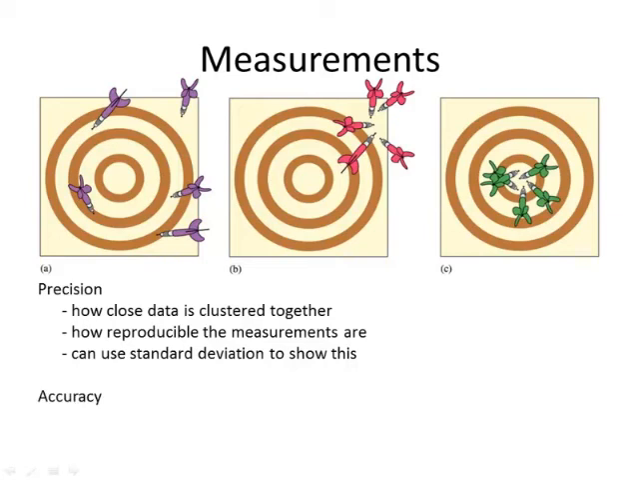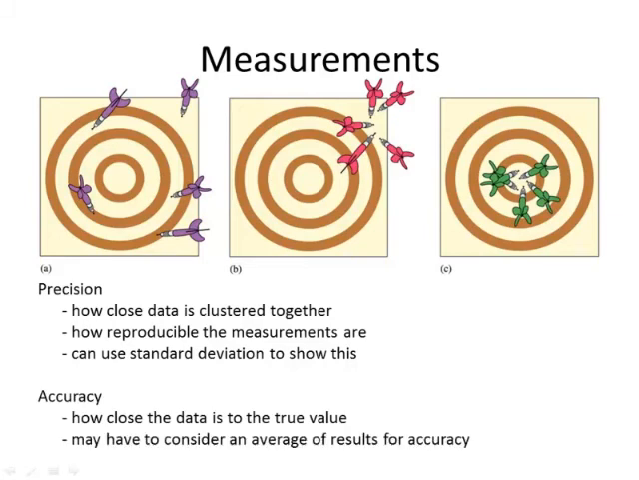Accuracy, on the other hand, is how close the data is to the true value. You may have to consider an average of results for accuracy. Another thing that affects this is that accuracy is determined by how well the instrument has been calibrated. So, in looking at the darts on the boards, if the bullseye is the correct value,